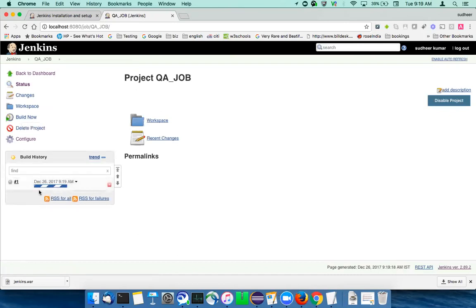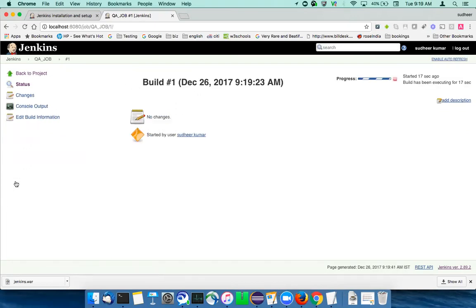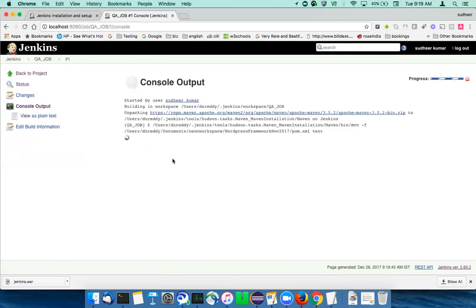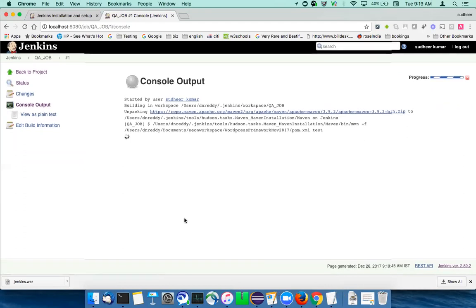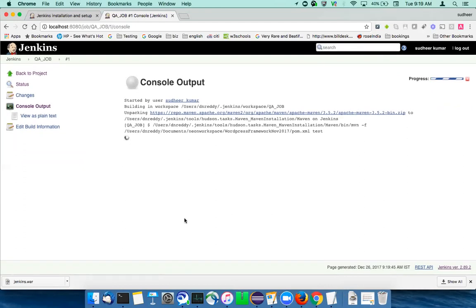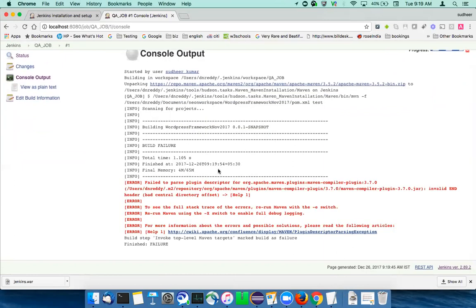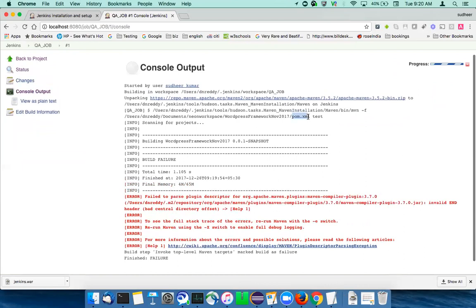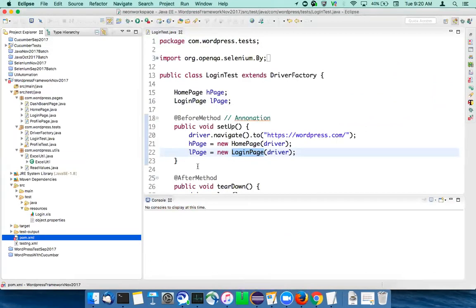Now you can see it is building. If you want to see what is happening in the build, you can click on this number 1, and you can click on console output. Now you can see what is happening. So generally what happens is the job invokes pom.xml. When the pom.xml is invoked,